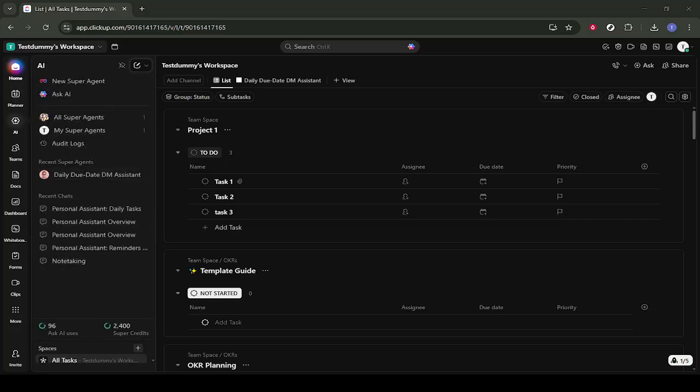needs your attention. Start by opening your ClickUp workspace and heading to the list view for the specific project you want to work with. This could be a list where you keep your tasks, to-dos, or project items. Make sure you're in the correct workspace and list so the AI assistant is working with the right set of